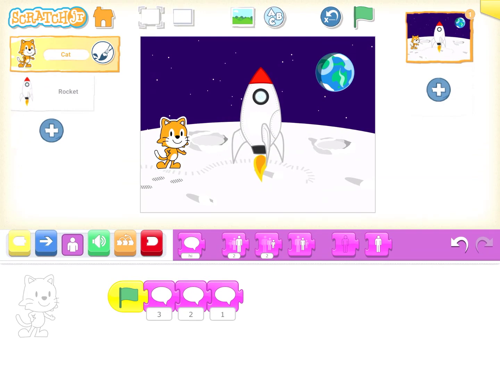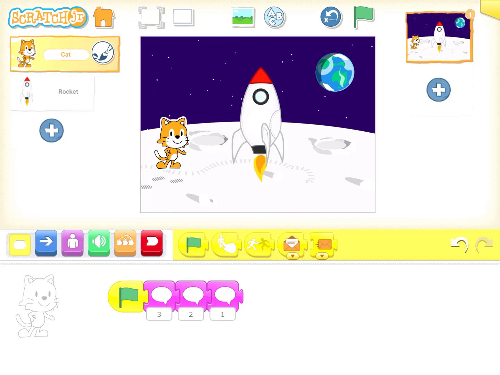But when cat is counting, we do not want our rocket to just run away, right? So we need rocket to wait until cat is finished, and then rocket, how would rocket know when to launch? So for that we go to again this start section and we pick this send message block. Wait, that's not the send message. This one. Oh yeah, just this one. So we pick this send message block. One important thing here is if you tap on this arrow, it has 6 different colors. So we'll talk about it in a while, but let's just leave it as it is for now.